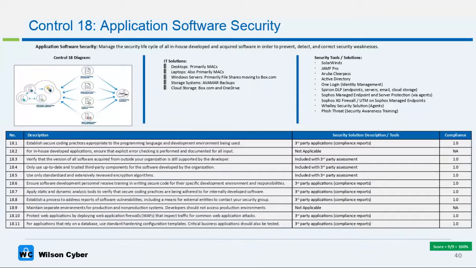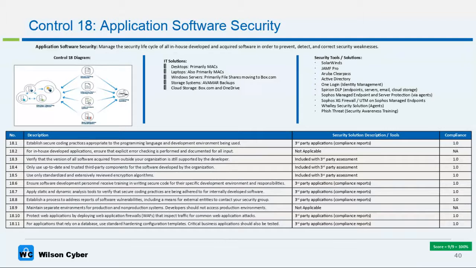Next control, which is 18, application software security. It is a secure lifecycle of in-house developed and acquired software in order to prevent, detect, and correct security weaknesses. Once again, we're at 100% for application software security, but because most of these are third-party applications, and not many applications are really hosted in the data center, it's not really applicable. So we could say we score 100%, but we've done assessments of all the third-party providers as well. So let's just walk through what some of the